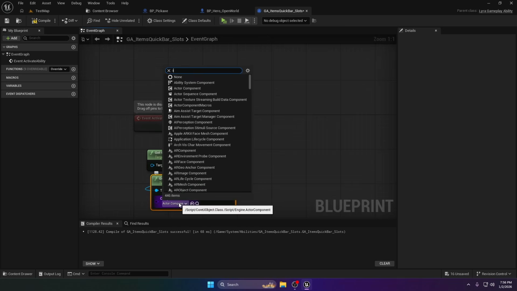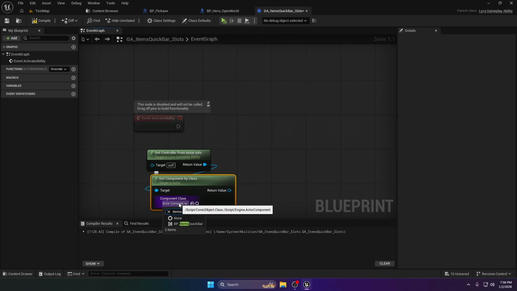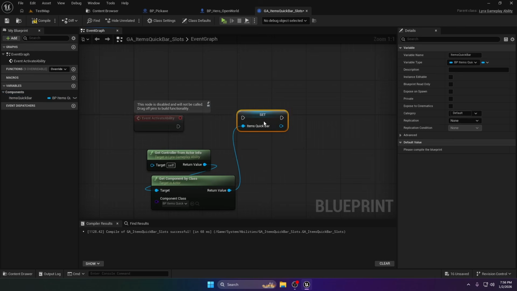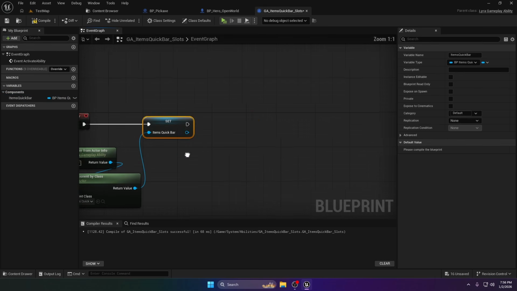It's going to be items quick bar, and we promote it to a variable. Let's call it items quick bar. And